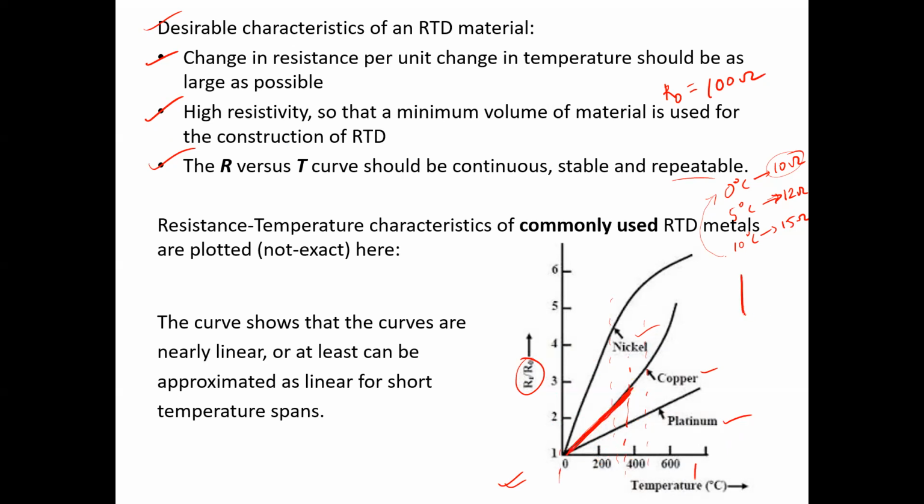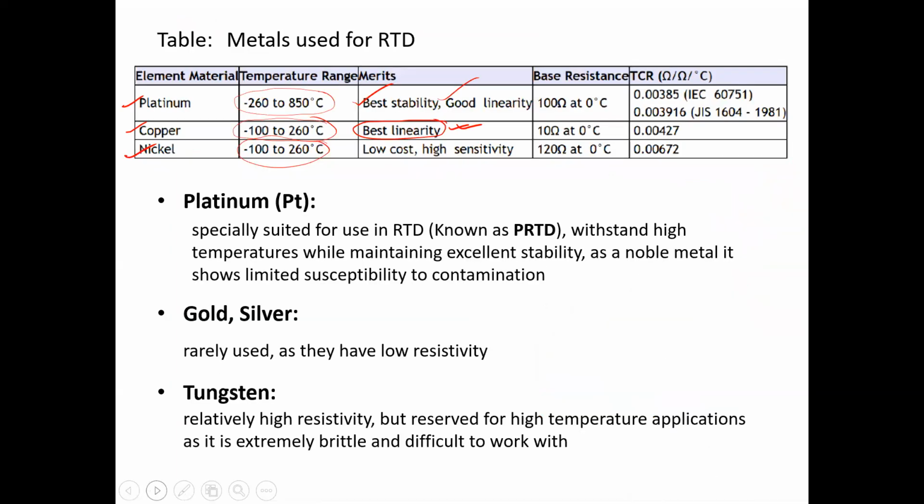Suppose you have x and y axes scaled at the same interval, 1, 2, 3, and the line is at 45 degrees, then you have a one-to-one relation. This point will have the same value at y and the same value at x. So with respect to that, for this particular range, copper is termed to have the best linearity compared to the other